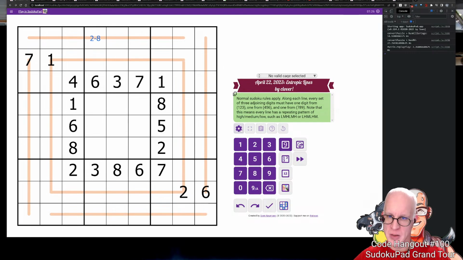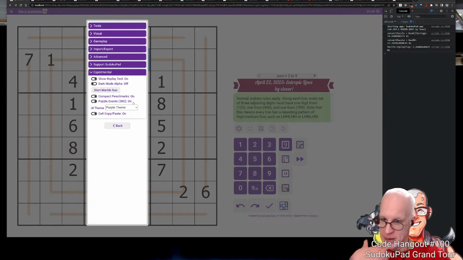It might take some getting used to, but if it interacts correctly with the error marks, so let's say putting in a 4 would change this. It might even highlight where something is happening. Instead of just changing the color, it would actually change the shape of it. It might actually make it easier to see. So I put in quite a bit of effort to get it to the point where it is, but it's not completely there yet. Let's skip puzzle events quickly because that's the most recent feature and we've talked about it